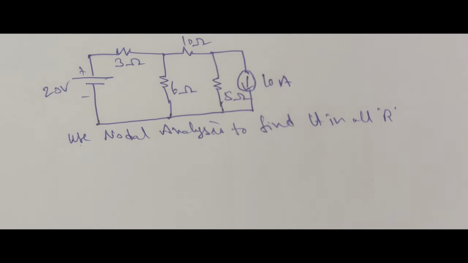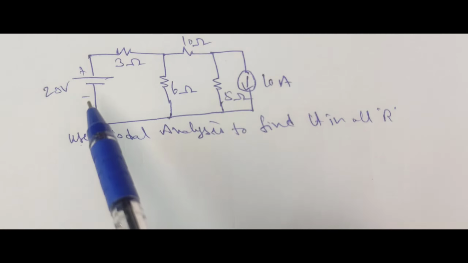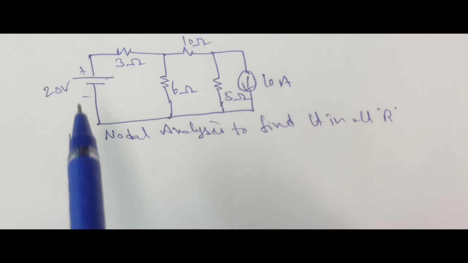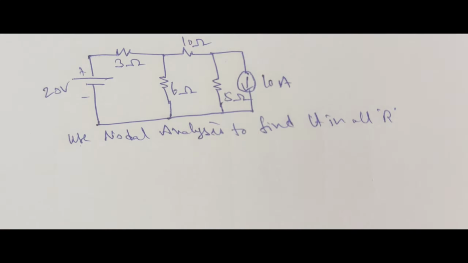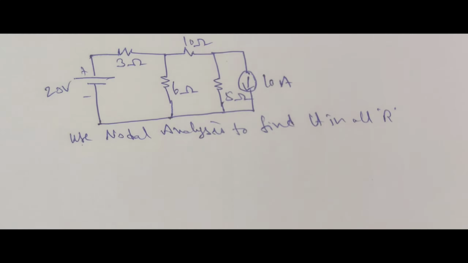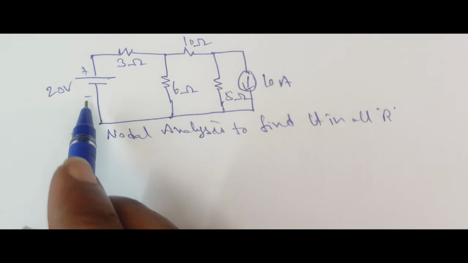For verification purposes, I have taken the same circuit which I have already analyzed using mesh analysis. For the same circuit, we are going to apply nodal analysis to determine the current across all the resistances. Here I'll introduce two methods. One is after applying source transformation. The second one is without applying source transformation. First I will tell you how to apply nodal analysis after source transformation. Here I have found a voltage.